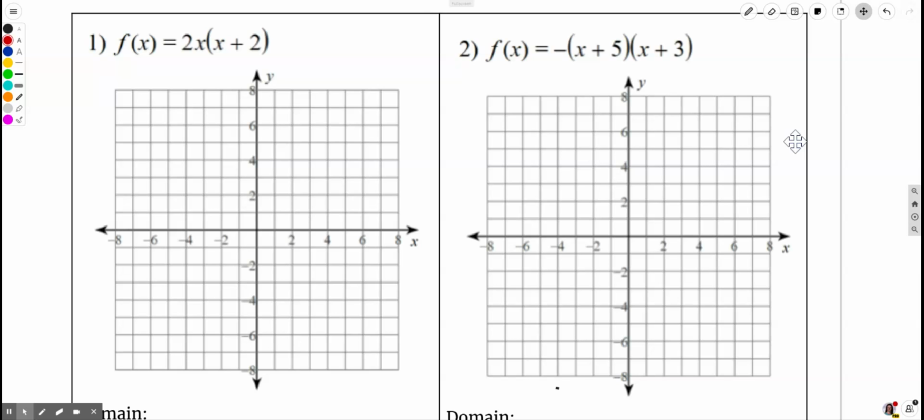In this video, I'm going to go over our 323 homework, which was on graphing parabolas in factored form. One thing to keep in mind: in factored form, the zeros, or x-intercepts, are revealed to us. Each factor gives us its own zero. The x, or 2x, doesn't really matter how you think of it, gives us a zero of 0, and x plus 2 will give us a zero of negative 2,